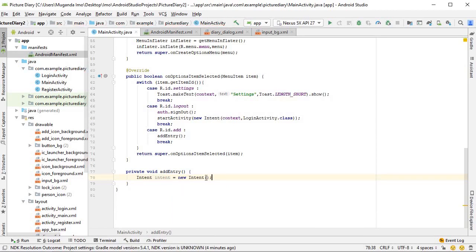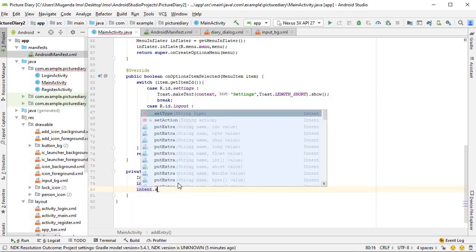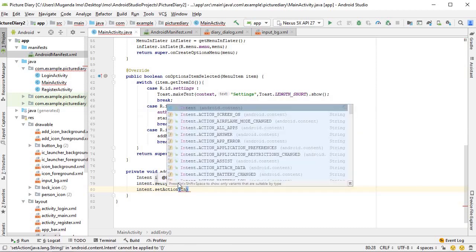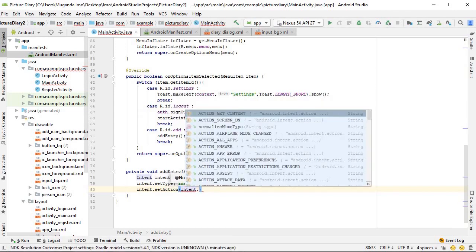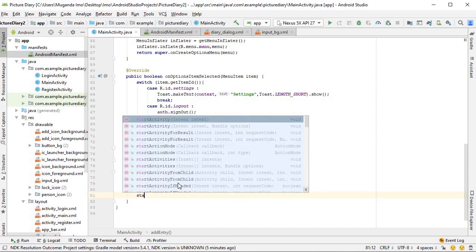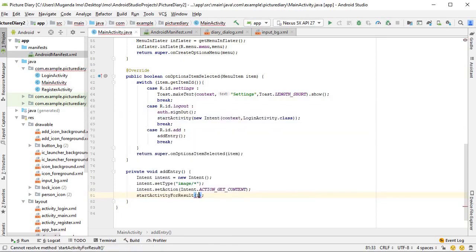We won't put anything in the brackets, and we will immediately say intent.setType image/*, and then intent.setAction, and we want it to get content, so we say intent.ACTION_GET_CONTENT, and then finally we startActivityForResult with the intent, and then we need to put a request code